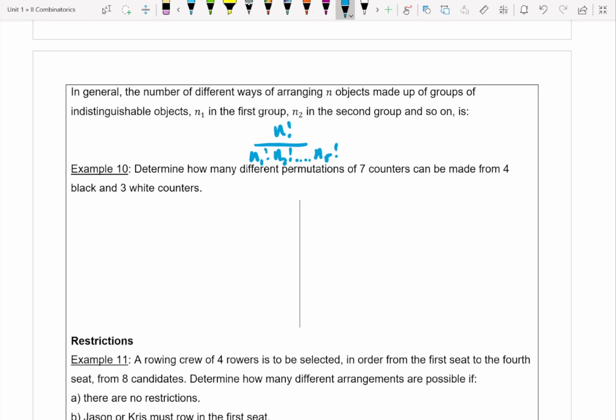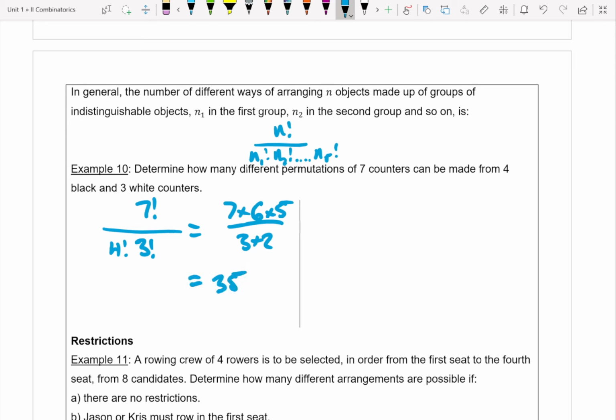Example 10. Determine how many different permutations of 7 counters can be made from 4 black and 3 white counters. So we have to choose 7 counters. That's 7 factorial. But 4 of these black counters look exactly the same. 3 of these white counters look exactly the same. So I have to accommodate for that repeat. So that's going to be dividing by 4 factorial, 3 factorial. What that gives us is 7 times 6 times 5 over 3 times 2. So that's cancelling out the 4 factorial that's embedded in the 7 factorial,